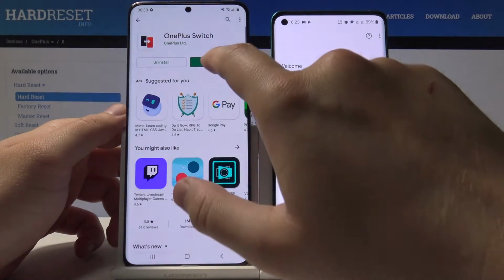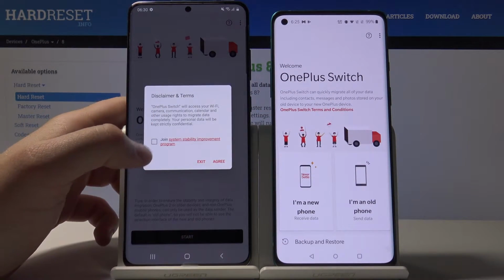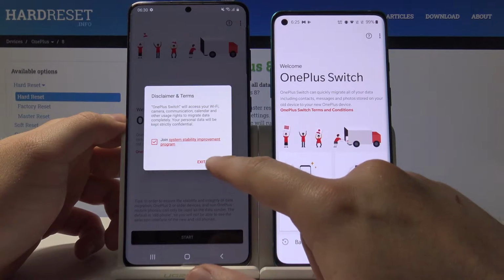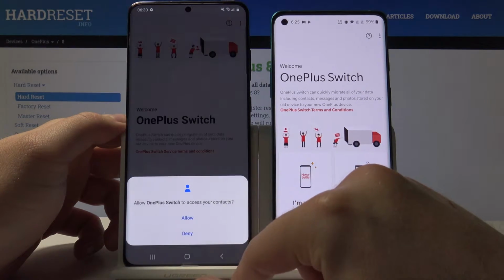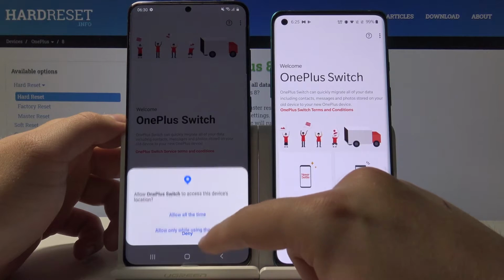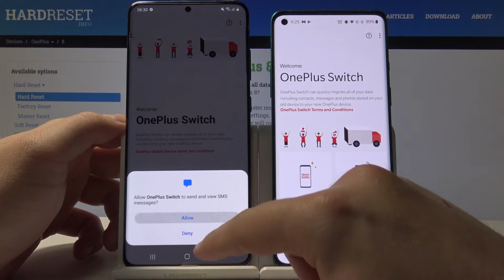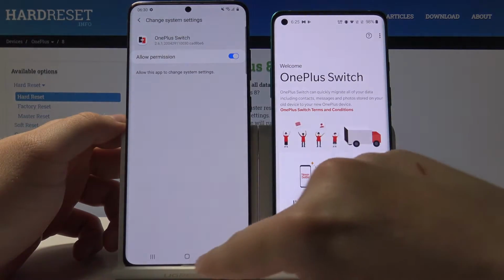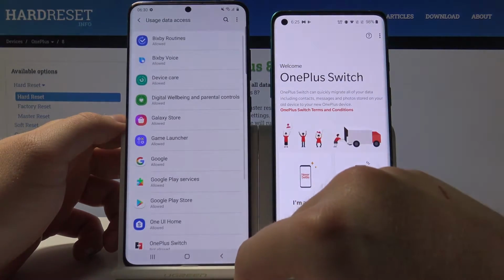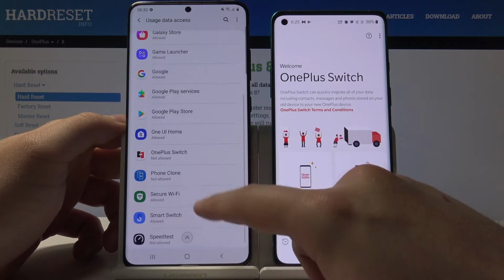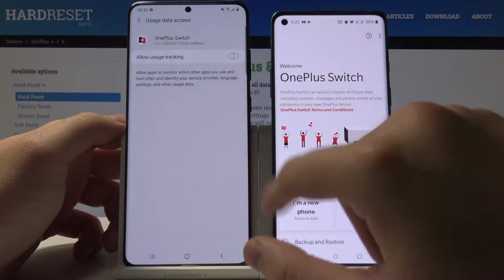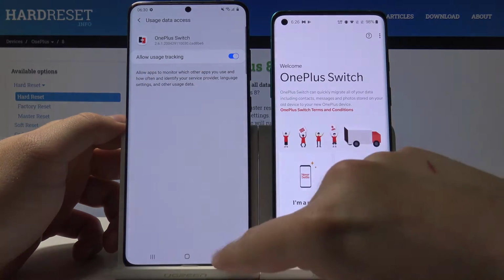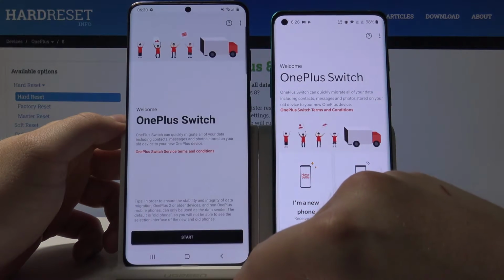and also on our Android smartphone. In this case, this is the Samsung Galaxy S20 Ultra. Accept with this marker and tap on agree, click on start, tap on allow a few times, allow all the time, tap on settings, turn on the permission, go back, click on open, click on our OnePlus Switch and click on this marker to allow usage tracking, go back again, and right now